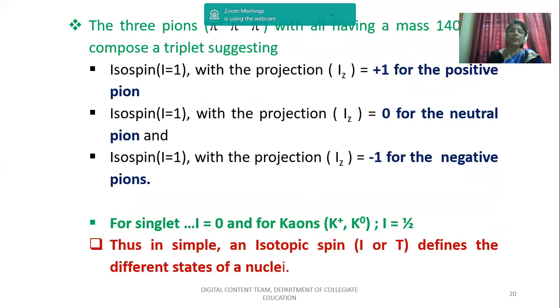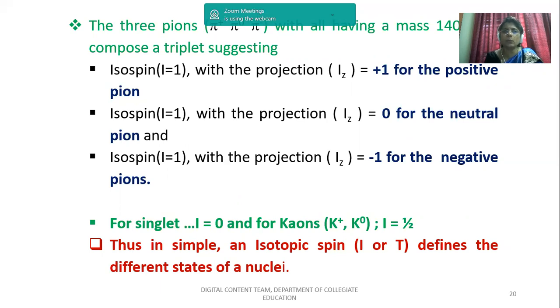Next example, we'll consider the case of three pions, that is pi plus, pi naught, pi minus, indicating the positive pion, neutral pion and negative pion, all having mass approximately around 140 MeV. They compose a triplet, suggesting